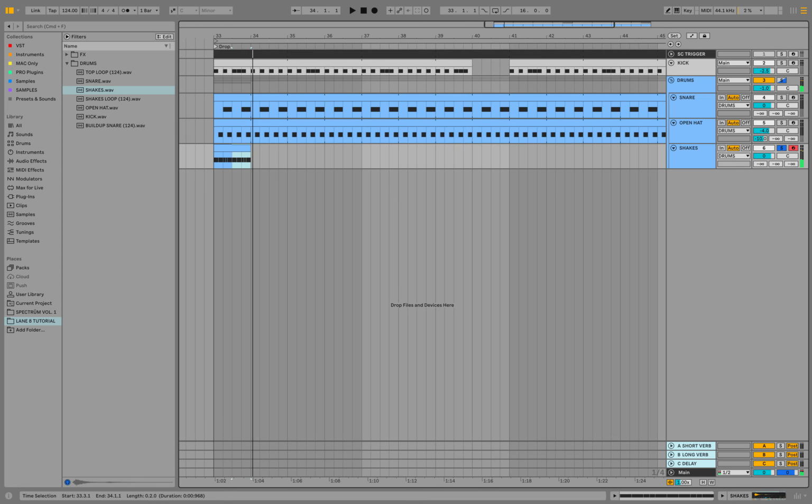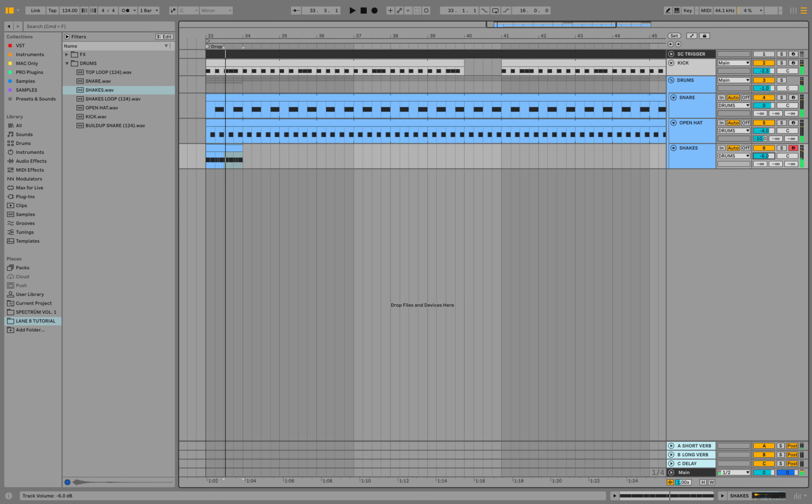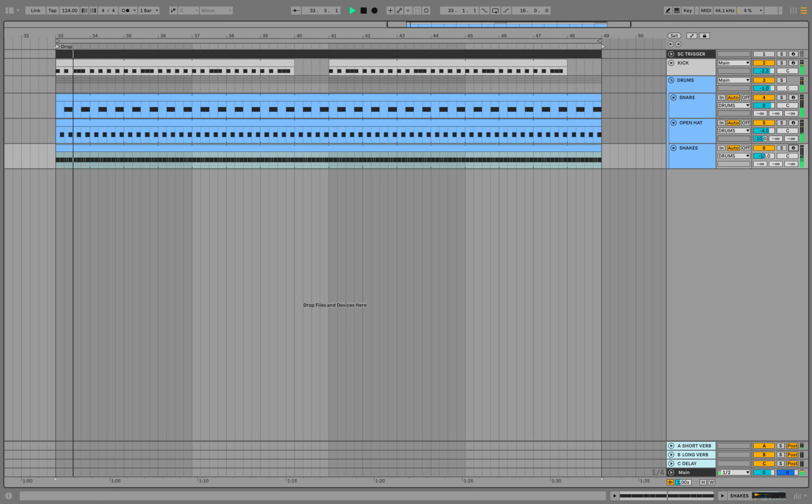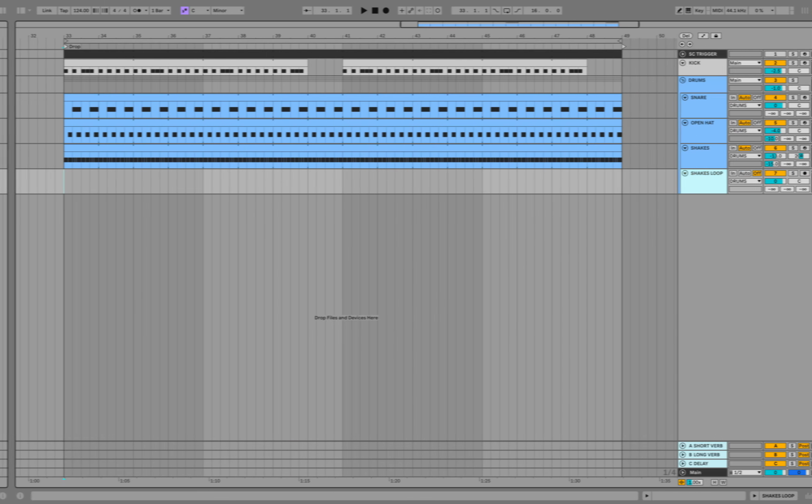Okay, now let's listen to all the drums together. Now we will extend this MIDI clip for the whole drop. Now let's work on the panning, and I will send the signal of these shakes to the right. And the final step, let's mix some short reverb. Okay guys, we've done all the work with this shakes layer, and now I wanted to add a second layer